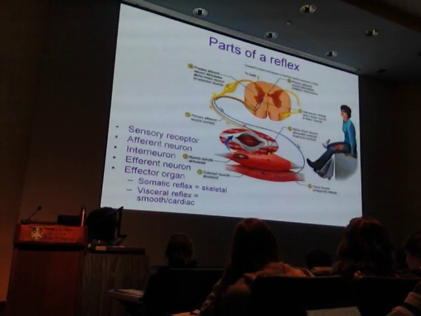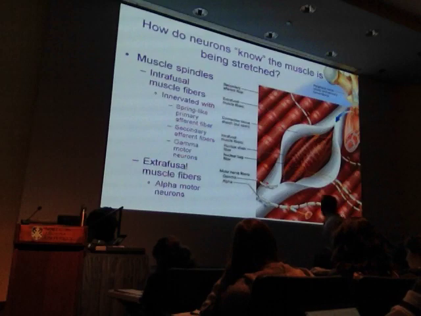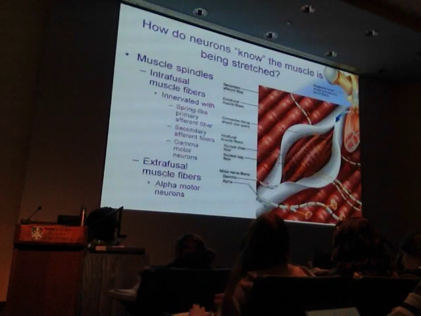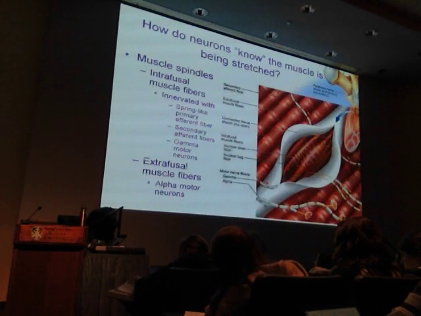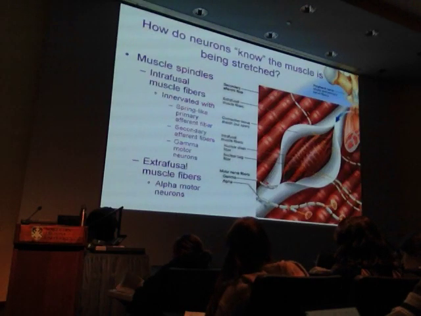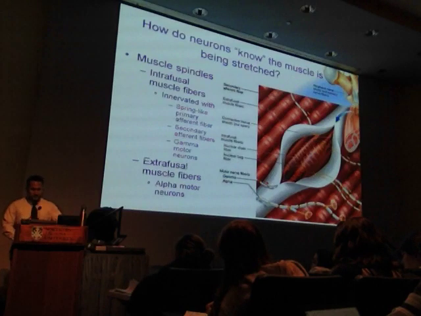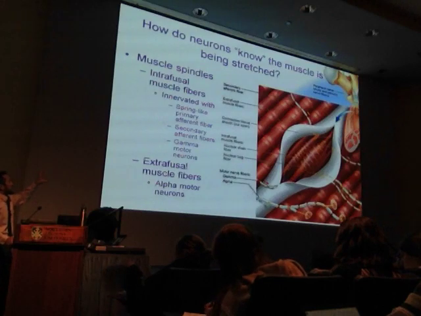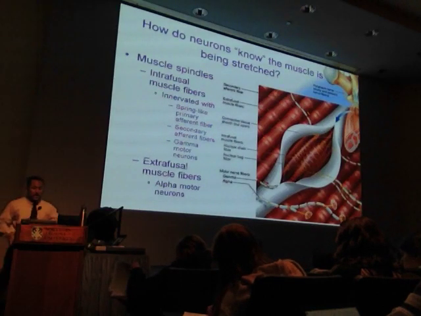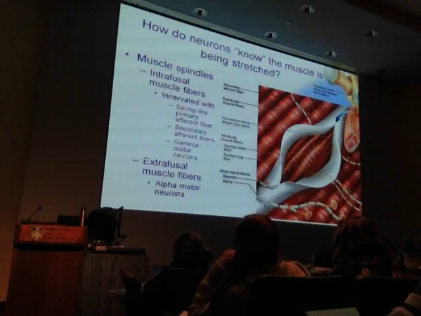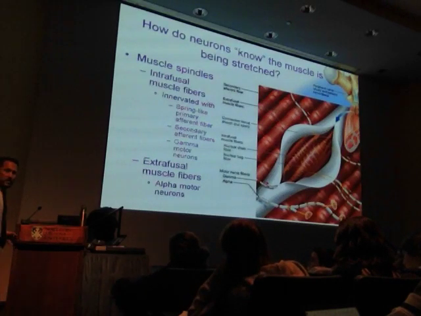So let's take a closer look at the magnified view of this muscle spindle, which is a sensory receptor, part of this reflex arc, in the example of a somatic reflex. And what this is doing is basically giving you feedback about where your leg is. It's a protective mechanism. It is giving you information about how the muscle is changing in length. So why would that be important? It's important if you're going to kick a soccer ball, okay?